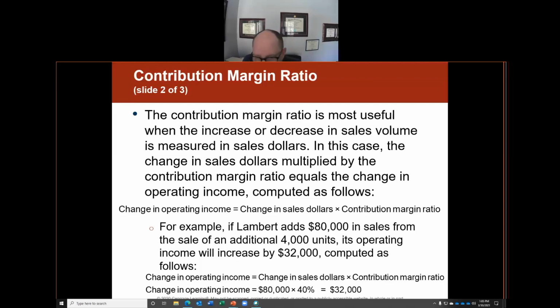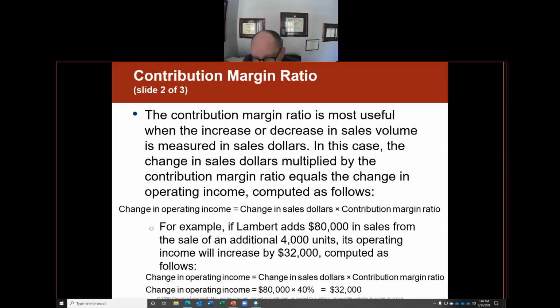As time goes on, the more I sell or the less I sell, there's going to be a change in my sales dollars, obviously. And to find that change in sales dollars or a change in operating income, I take the change in sales dollars times the contribution margin ratio. If